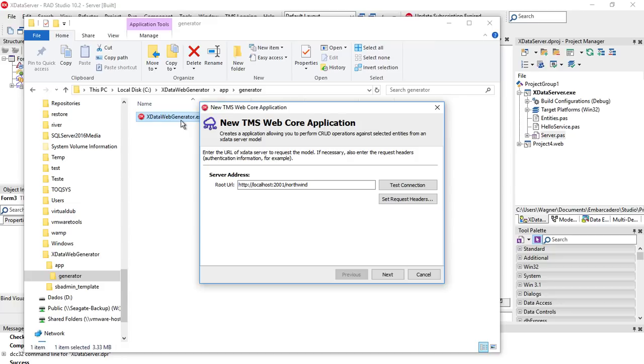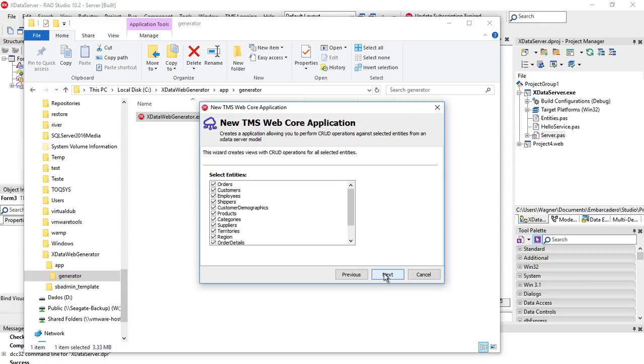It will create a web client application with the CRUD operations from an XData server. I can type the address of any XData server here. So this is the address of my current Northwind XData server, localhost 2001/tms. I can test the connection. It's running. If I click next, the wizard will extract metadata information from the server, and here are the entities